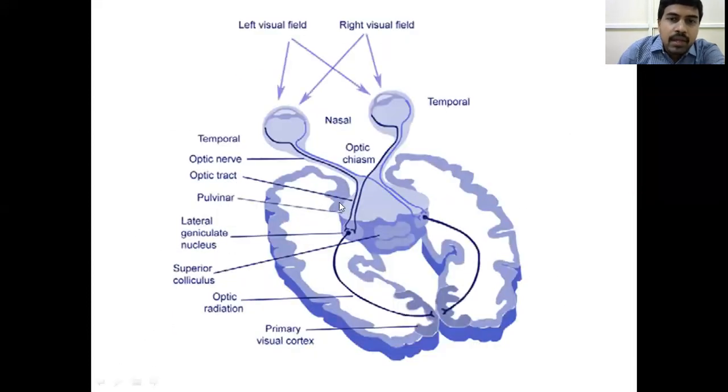So if at all there is some disease, suppose there is a tumor in this pituitary gland which is damaging the nerve fibers in the optic chiasma. So then what happens? The optic atrophy starts at this optic chiasma. Suppose there is a pituitary gland tumor. This pituitary gland tumor is compressing and causing the degeneration of these nerve fibers here. So what that causes is there is degeneration starting at this optic chiasma and going towards the optic disc.